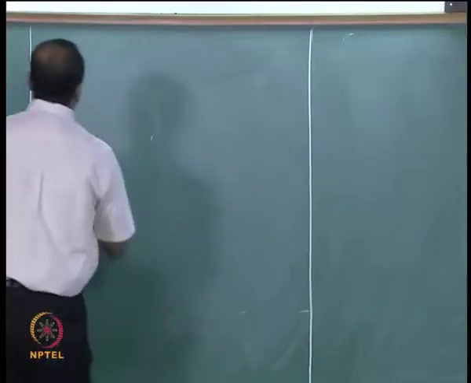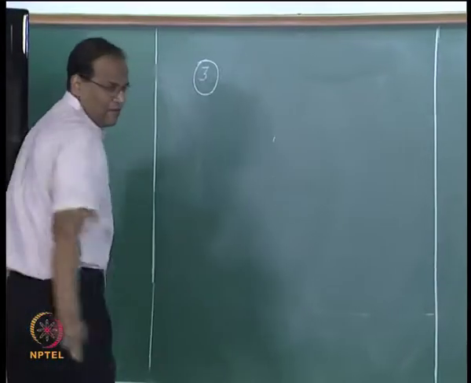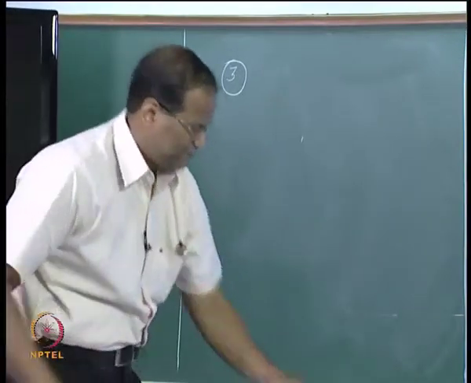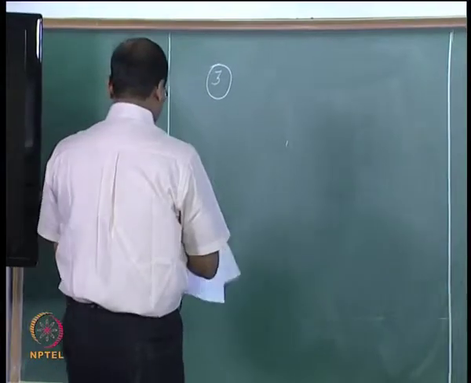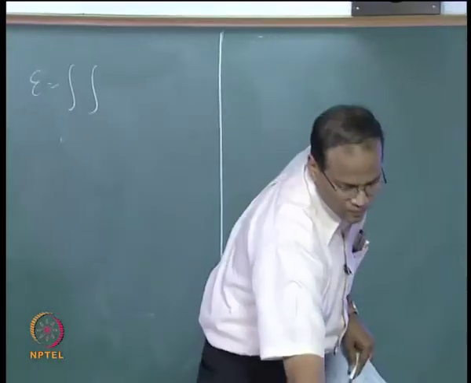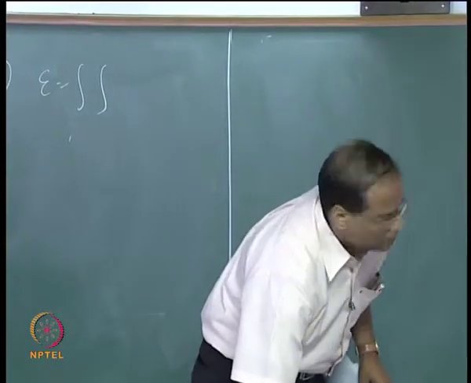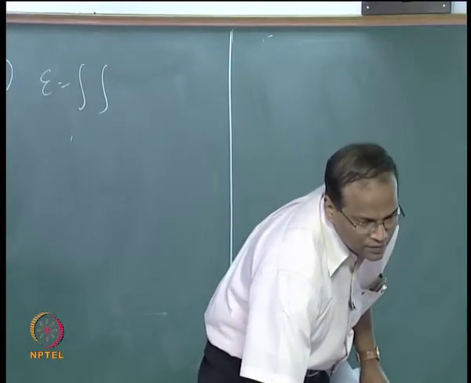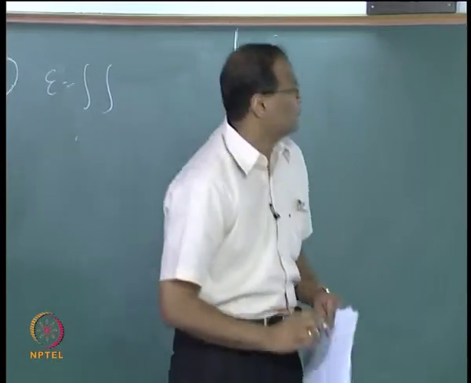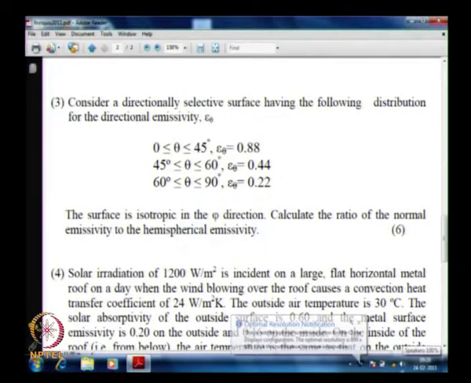Okay. Now third question. Yeah, it was a straightforward question. So there was a small typo. This came as 45. Okay, it is supposed to be 60 to 90. So this is a directional